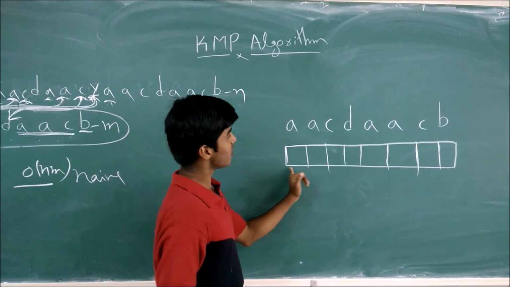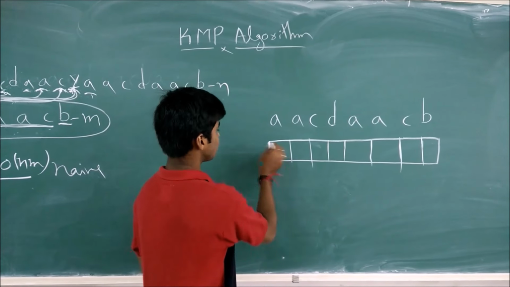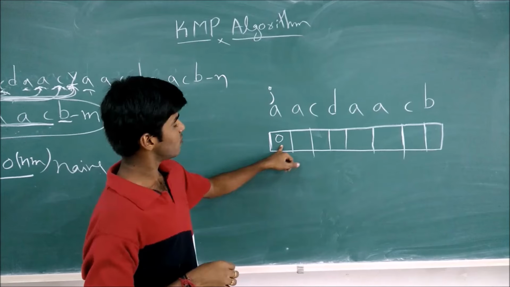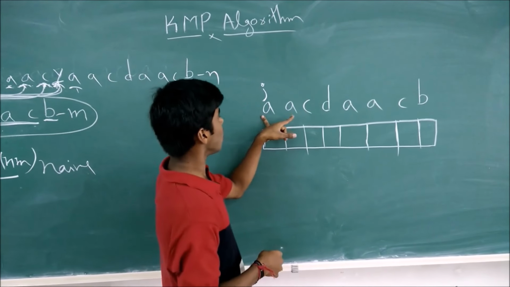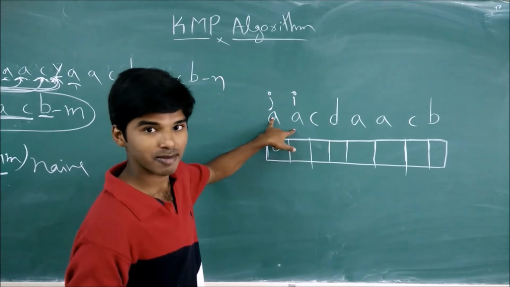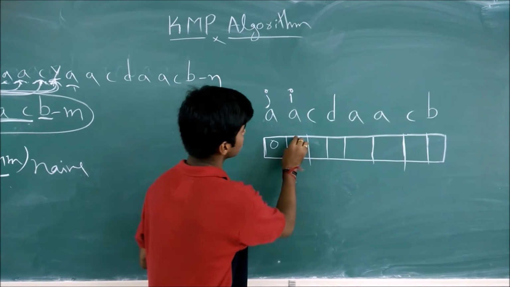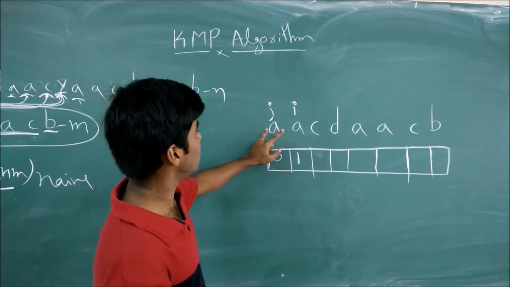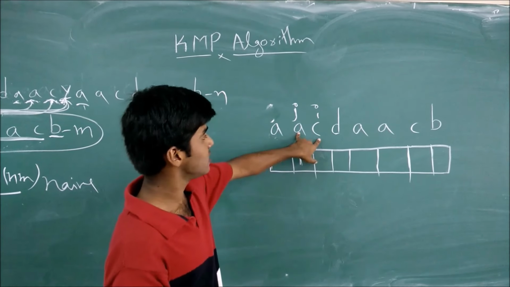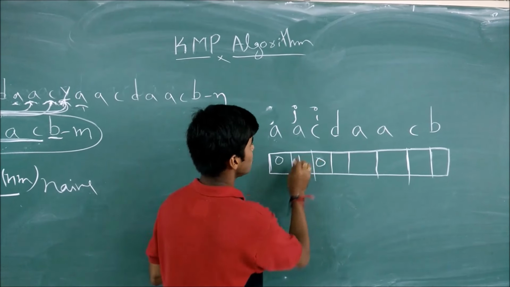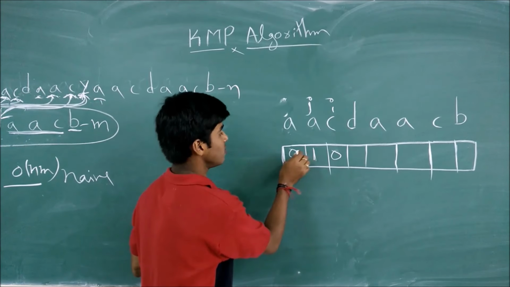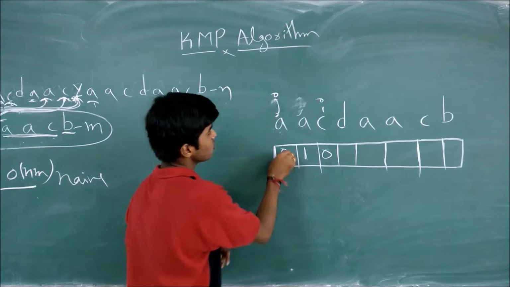So to build this array for the pattern, let's take this as j, and first it is 0 for the first element in the array. Next we'll take i and we'll see if the j and i indexes have the same elements or not. Then A is the same, so we'll place 1 there, and next we'll shift i and j. Now this becomes j and this becomes i. Now A, C doesn't match. So we'll put 0 here and we'll shift j position to the previous index array element. So now j goes to the 0th index.